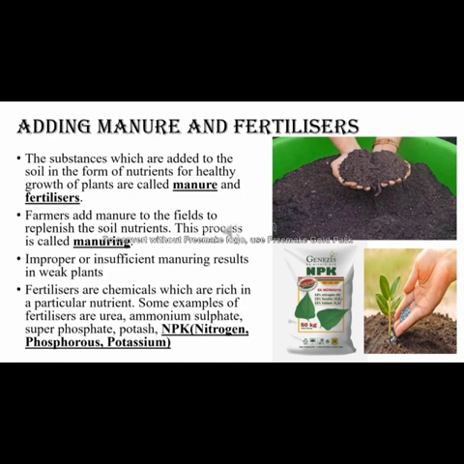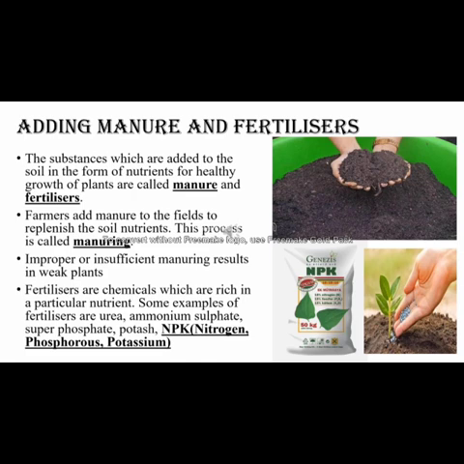Have you seen in your farm or a garden what the farmer does? He dumps all the dung cake at one side, and he collects all the plant waste and animal waste and puts it on that organic waste. What happens as days continue? It will decay and form manure. So this is the organic one, a natural one.